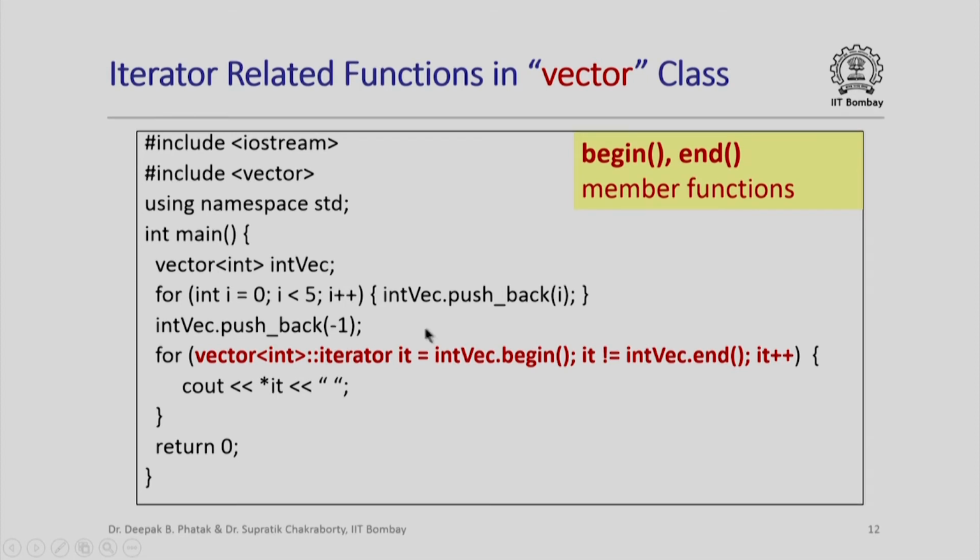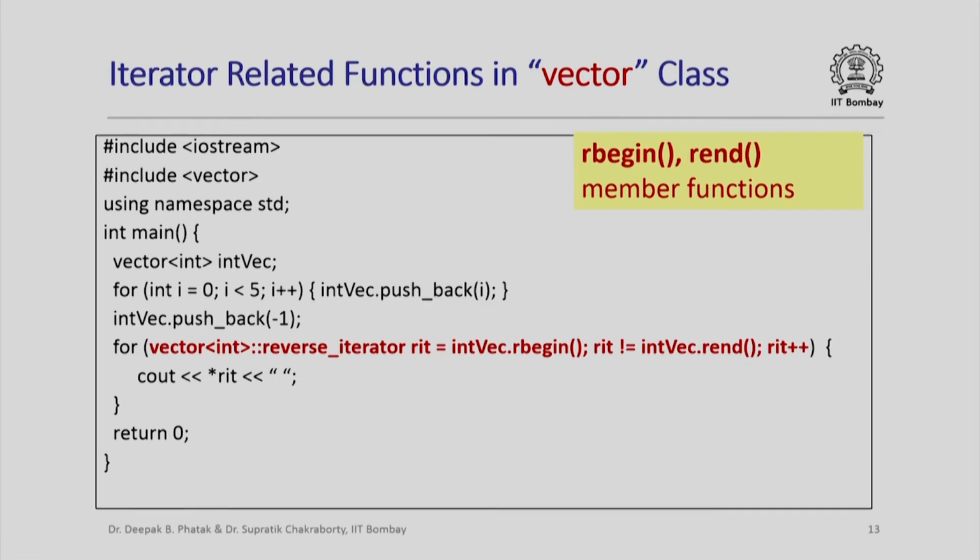So that iterator is now going to point to the first element of the vector, and I am going to use ++ to iterate through the elements of that vector, and I am going to continue until I have gone past the last element in the vector. Intvec.end is basically an abstract pointer to the element after the last element of the vector. So basically this will iterate through all elements of the vector, and I am simply going to print them out. So what I am going to print out here is 0, 1, 2, 3, 4 obtained from these 5 pushbacks, and also a -1 obtained from this last pushback.